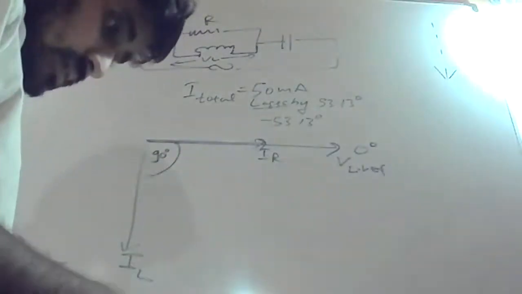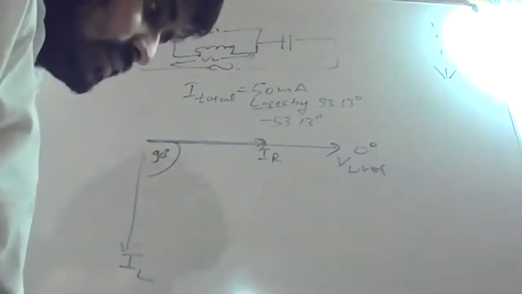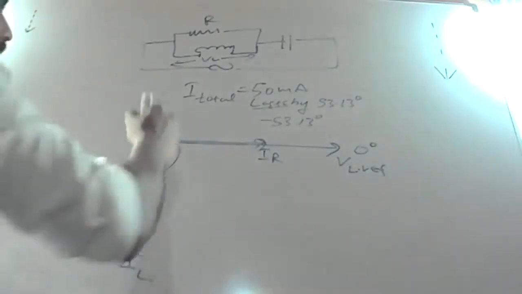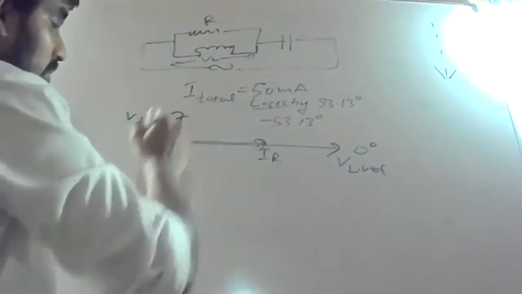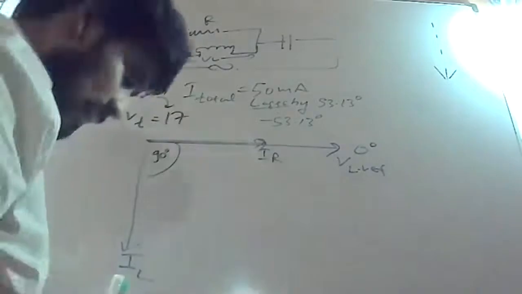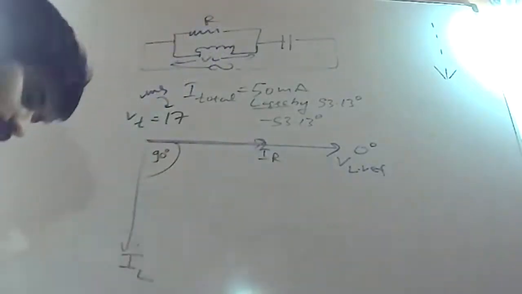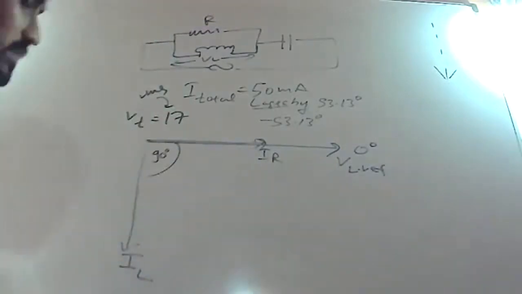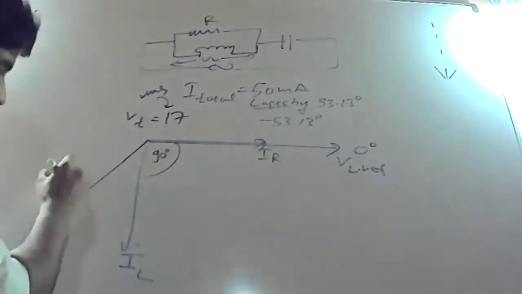So now, can we know what the total voltage is? So total voltage we evaluated. What is the total voltage? V total is 17 volts, which is actually in RMS. What is the angle? Minus 108. So our total voltage is 17. What is the phase angle? 118 means somewhere here. Is it clear? Yeah, somewhere here.